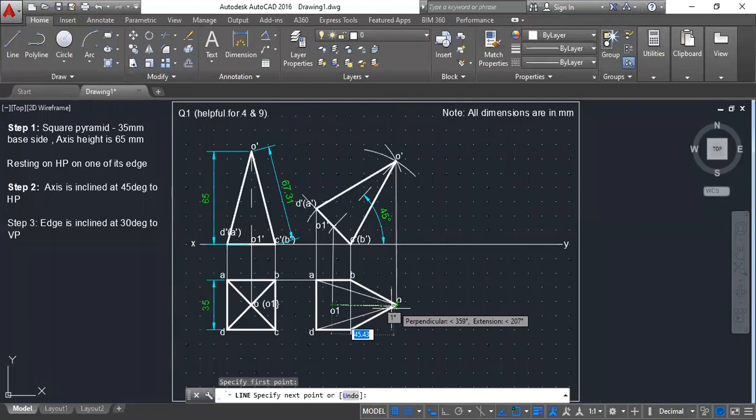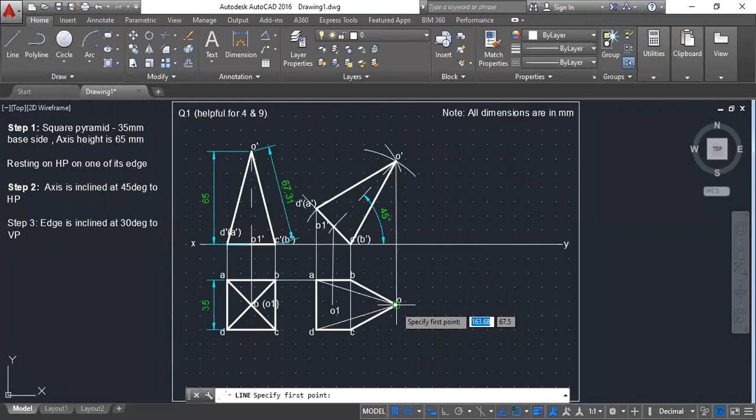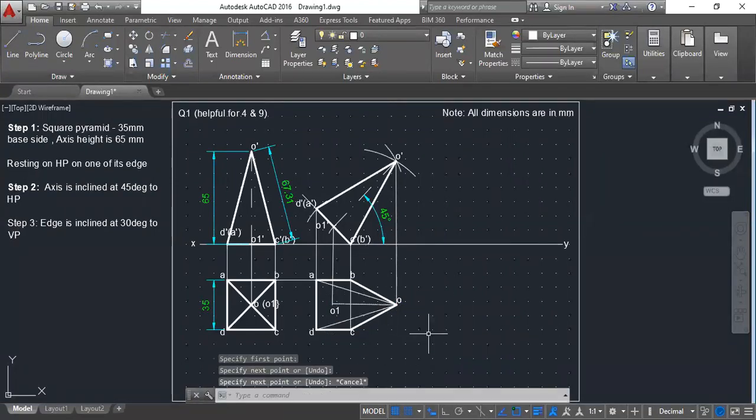Let me repeat this again. What are the different lines that we have? First one is face loop. That is the ABCD face has to be covered. So I have covered ABCD. That's face loop. Second, from the apex, each and every corner has to be joined. From apex to O, apex to B, apex to C, apex to D. That is my second loop. Third one is the axis. If you join the face loop, the lines from the apex and the axis, you are done with all the lines.